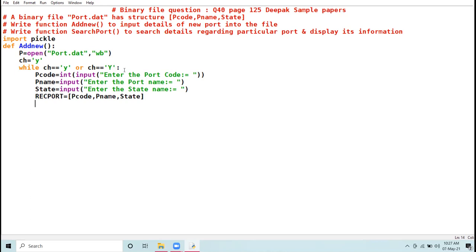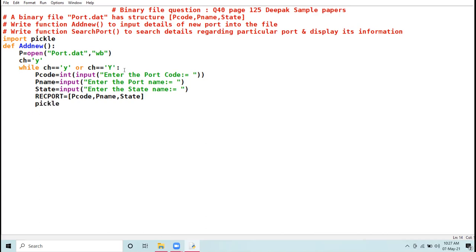So I have created a sequence RECport, that means record port, and the sequence is of type list having 3 elements: pcode with index 0, pname with index 1, and state with index 2.